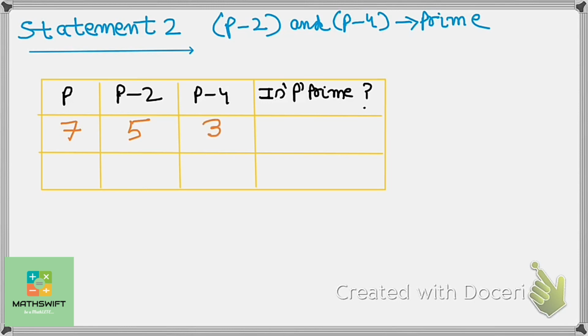We know that 7 is a prime number. Now if we could find out a value of p that is non-prime and at the same time satisfies the condition which says that p minus 2 and p minus 4 are both prime, we could say that even statement 2 alone is not sufficient. So let's assume p to be 9, which is a non-prime number. So we get p minus 2 as 7 and p minus 4 as 5, and we know that 7 and 5 both are prime numbers. So we are not violating the condition that has been given in statement 2. And 9 is not a prime number. So again we get contradicting results here.